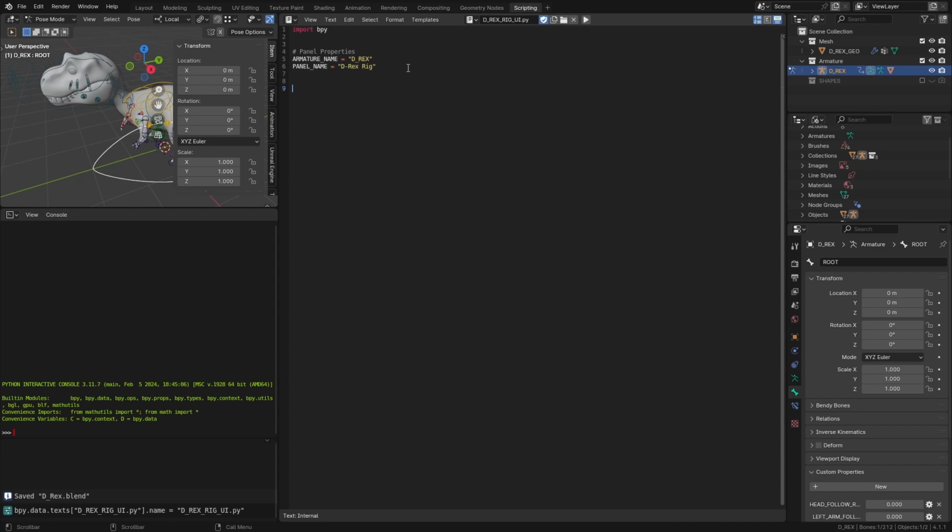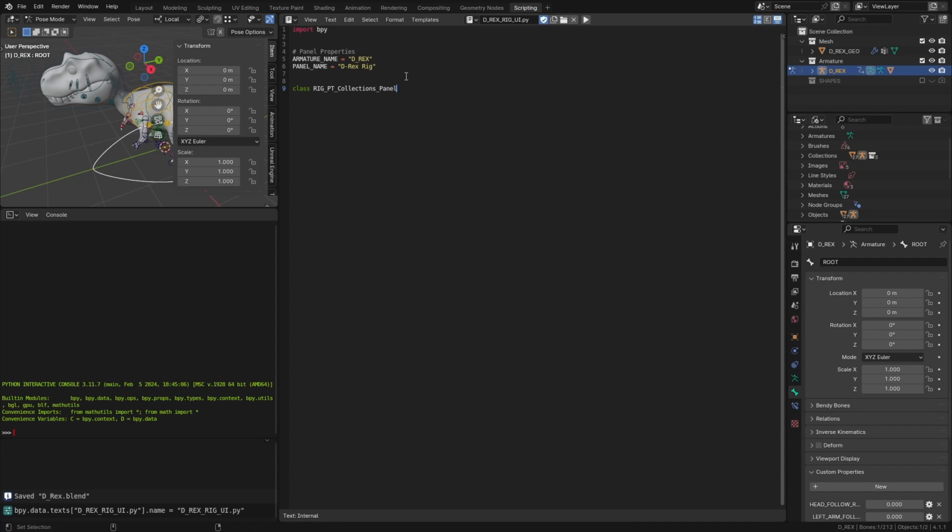And those classes are basically going to be, as we saw in the beginning, a class for the collections panel, a class for the IKFK panel, and lastly a class for the isolate rotation panel. Then we're going to do something like this. I'm going to call it rig because we are dealing with a rig, PT for panel, and then I'm going to add the name of the panel, which is going to be collections